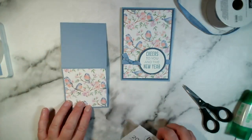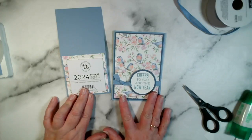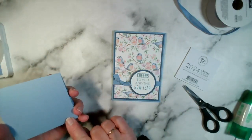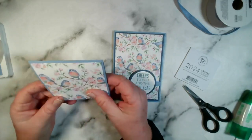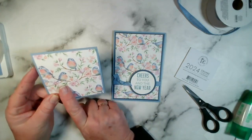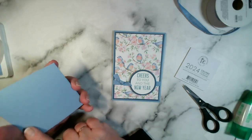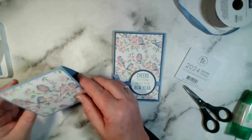Now I know I'm covering up some of that, but it's going with the card, so I'm not too worried. You could also put a decorative piece on the back as well. Because I'm using these for coffee and card, I don't want to use up all my pieces of paper until my coffee and card sessions are done. But if I have leftovers, then I will put that on the back. And you could put a white piece of card with a nice sentiment on, and obviously it sits nicely on